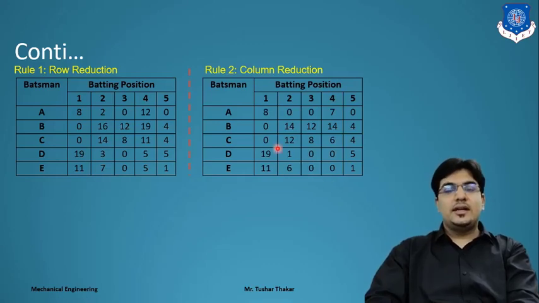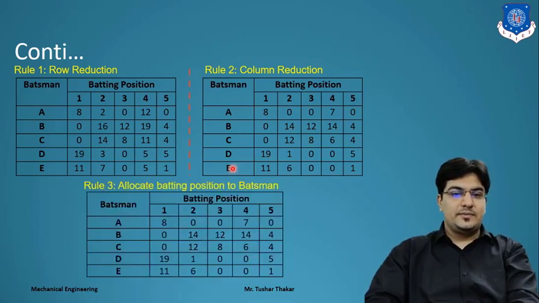Right? So in the next step, we have to assign our work, or assign a batsman to a batting position, by marking a square. So we can get it like this. Here we have to give one marking. After marking, if the respective column and respective row contain a 0 other than the marking, we have to put a cross mark over there. Like we assign this 0 as work, meaning batsman B at position 1. So batsman C never comes at position 1, right?